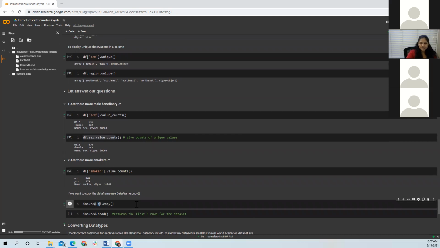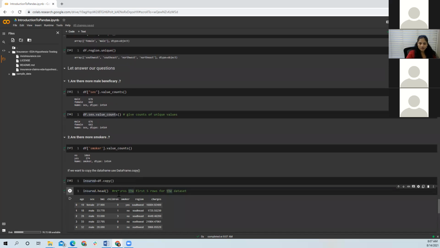If you're making any changes to the data or the column headers or filling some missing values, it is always best practice to make a copy of the main initial data frame. So this is what I have done. I have moved it to ensure, and then checked if it has been reflected here. So we have a new data frame, ensure.